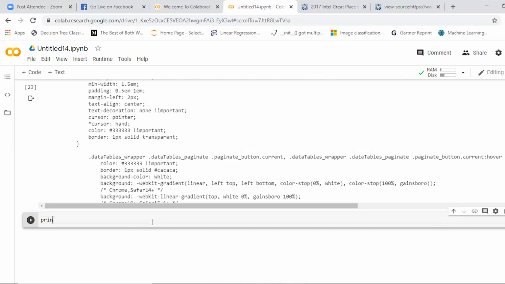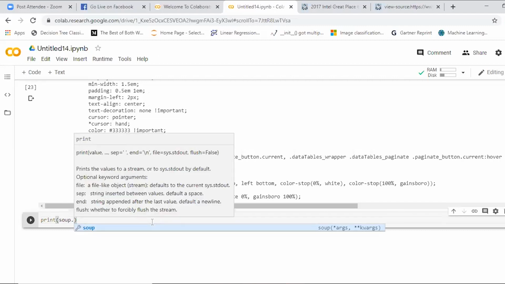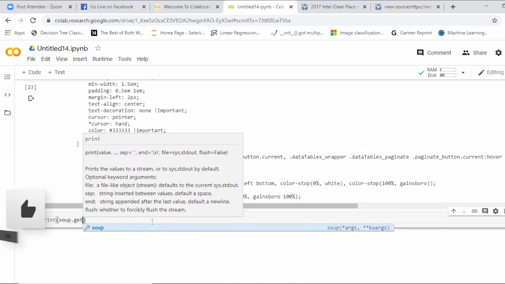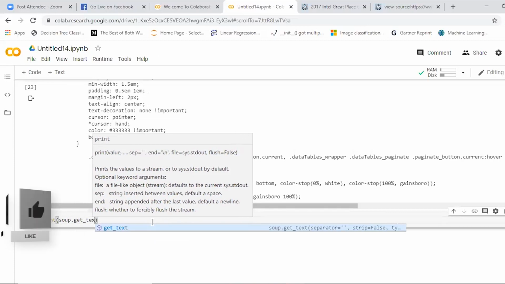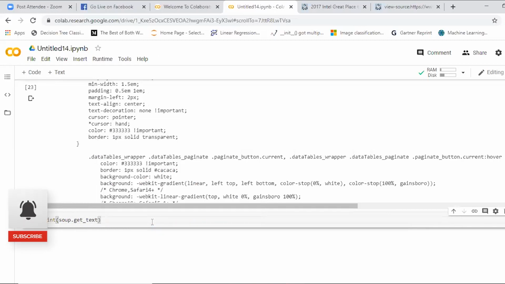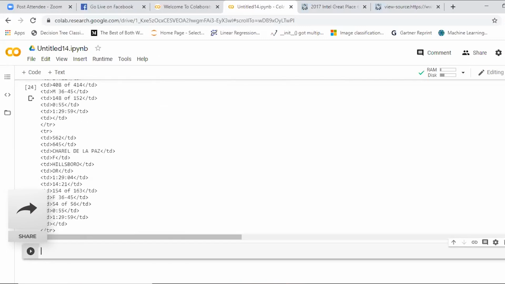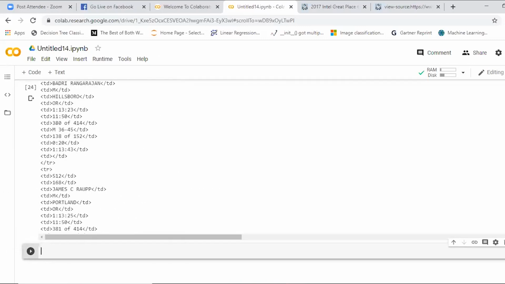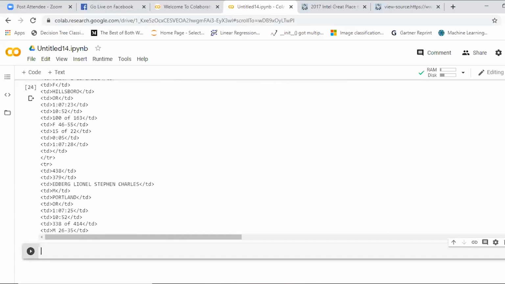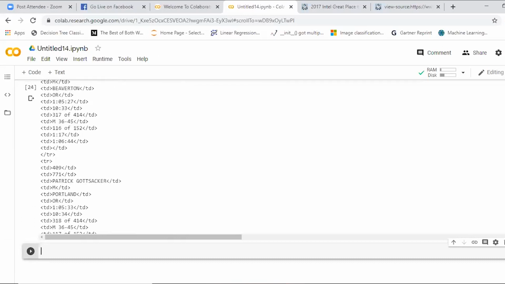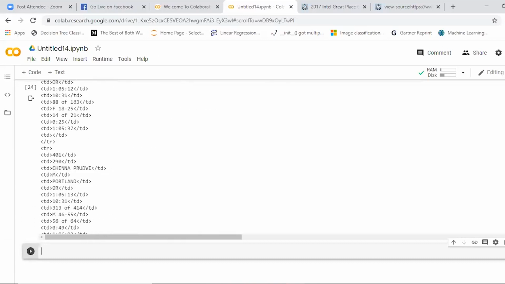Then you can also get text out of it. Print of soup.get_text. See, once you give get underscore text, you can see the entire text of the web page, which includes td, tr, table, th.